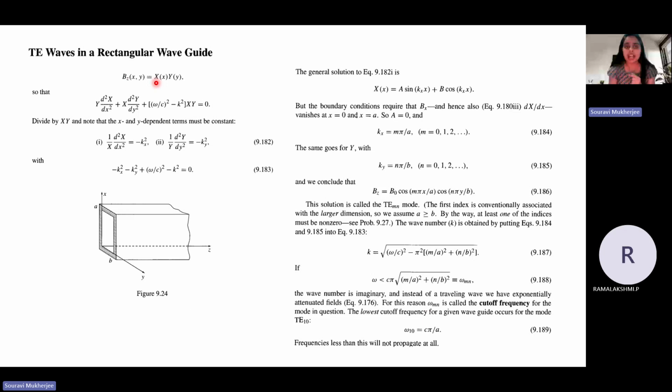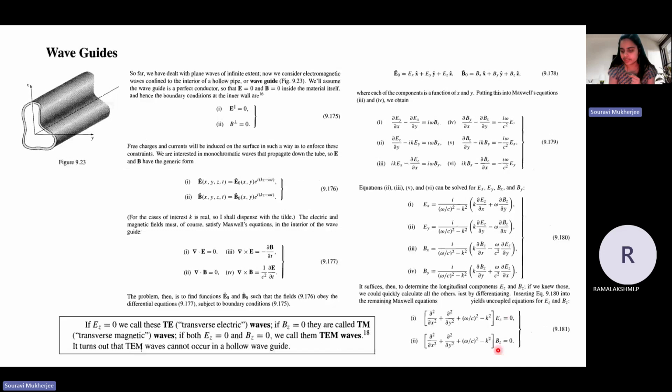So now if you use this form and rewrite, basically what we are rewriting is this equation, right? This is already zero. We know Ez is zero for TE waves. So we are using this, okay? And we are writing Bz as X(x)Y(y), and then we are doing all these partial derivatives. So it takes up a form like that, and now we can